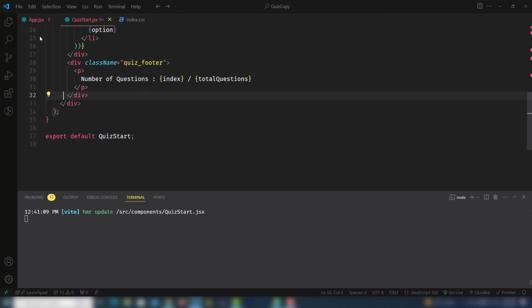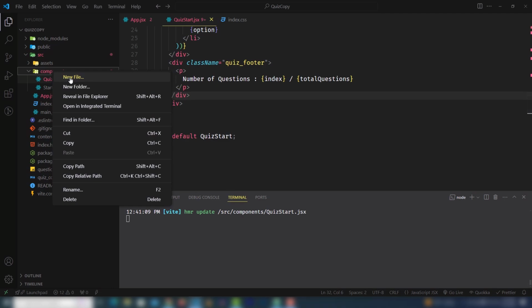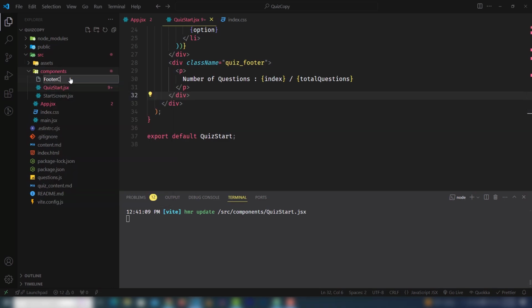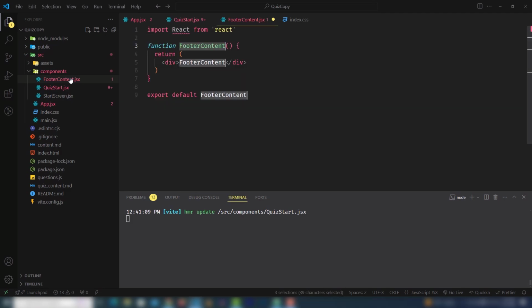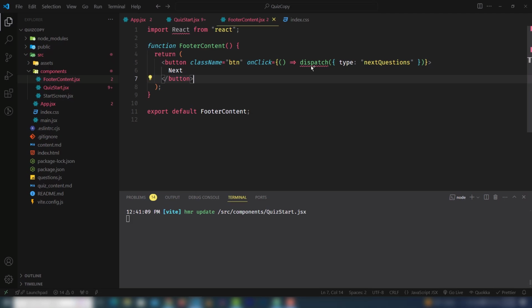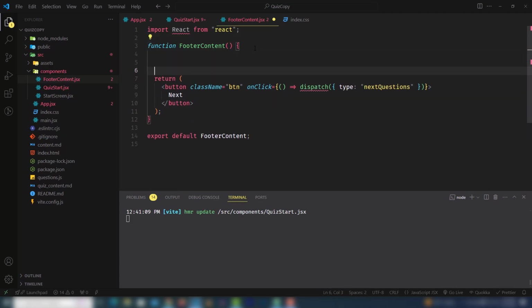I'm going to get that, and I'm going to create a file FooterContent.jsx, using RFC, and I'm going to pass it as a component. So inside this page, the first thing you need to do is use the if statement,